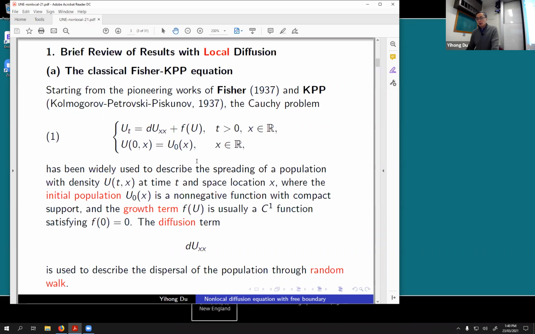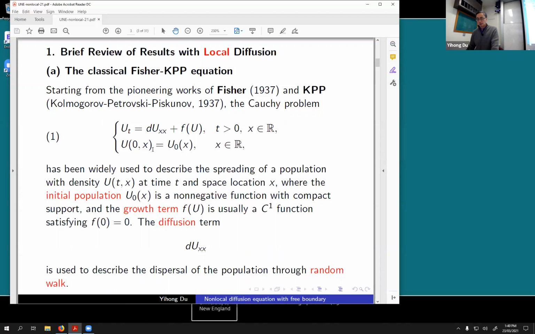And they were interested in modeling the spreading of a species in space. And these are the first papers to try to model this kind of biological problem